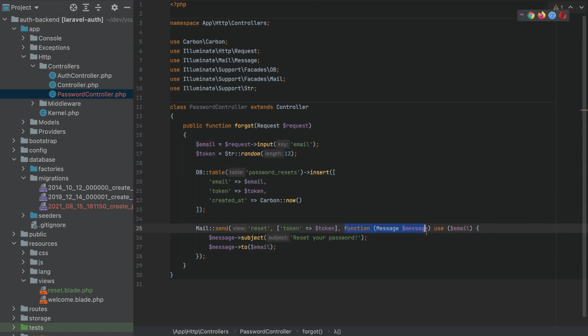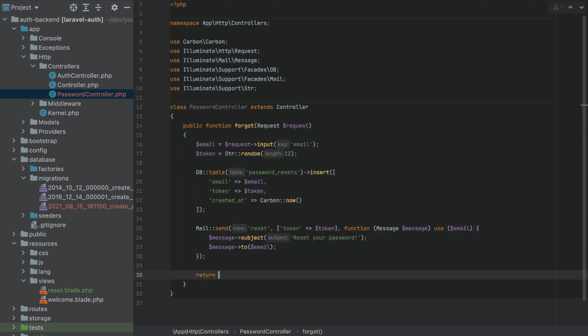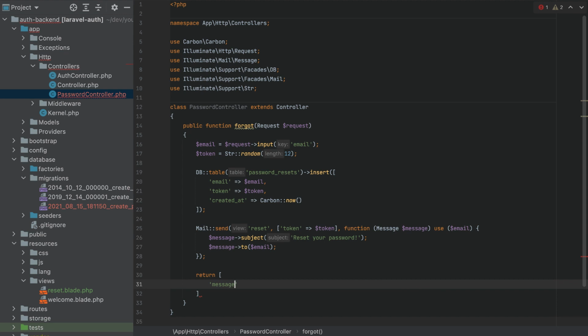If we use an anonymous function and we want to pass a variable inside here, we have to use the use keyword. So this has finished, and now what is left is I will return message check your email,